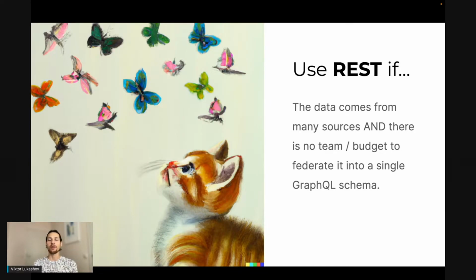Another situation where REST could be a good choice is when the number of data sources is large, and they are different, heterogeneous data sources provided by different teams or maybe even organizations, and there is no team or budget at your disposal to build something on top of them.